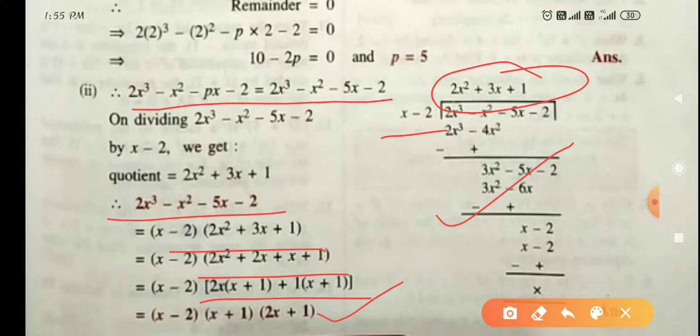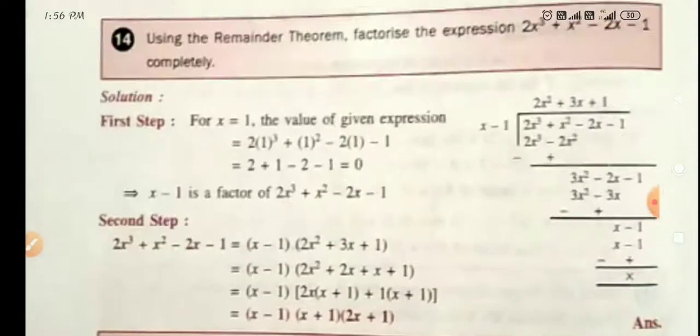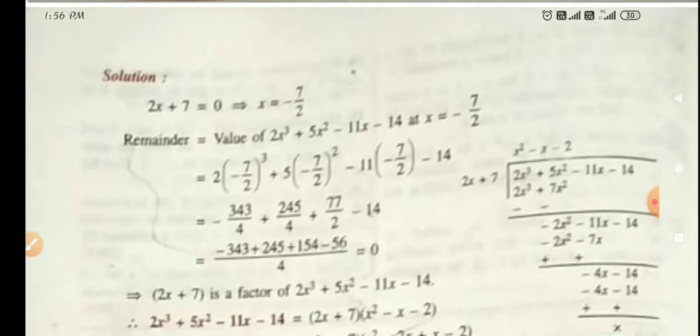So like this, students, every type of question you have seen with the help of these examples. Such type of questions you are going to get in exercise 8b. In exercise 8c, questions similar to 8a and 8b will be there. So I hope you have understood all the examples and the concept which I explained. Now you can do the questions of exercise 8b and 8c if you have completed exercise 8a.